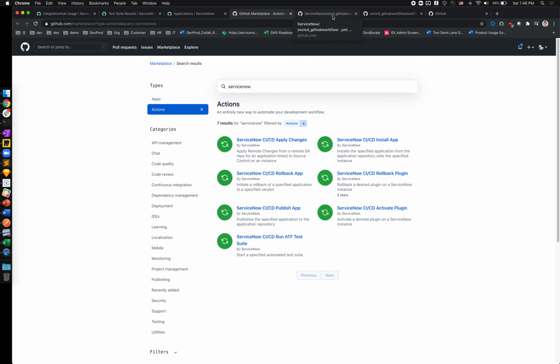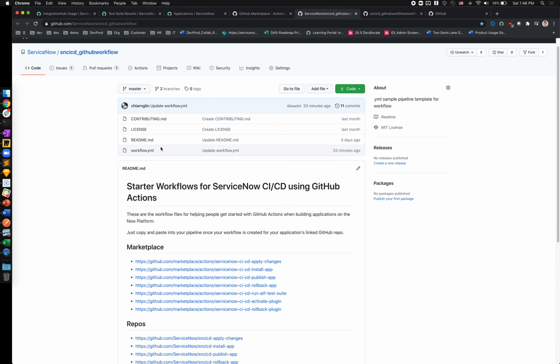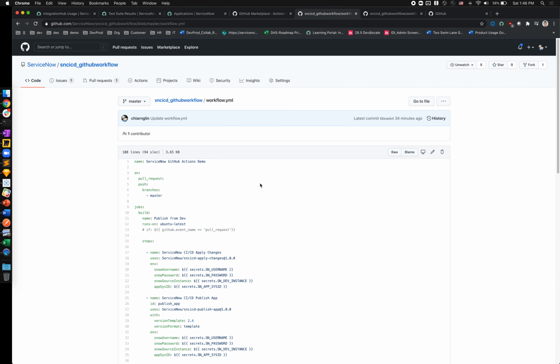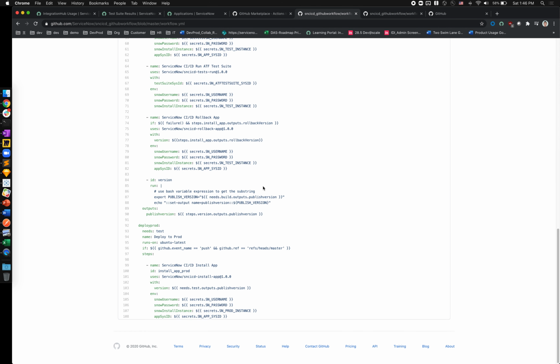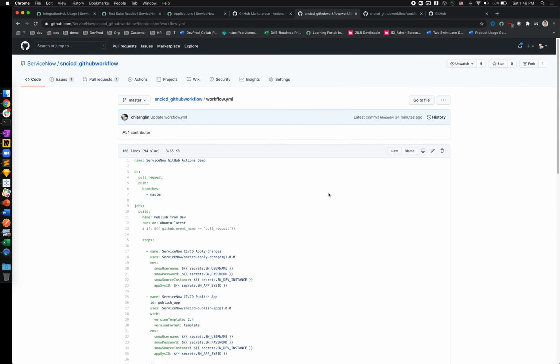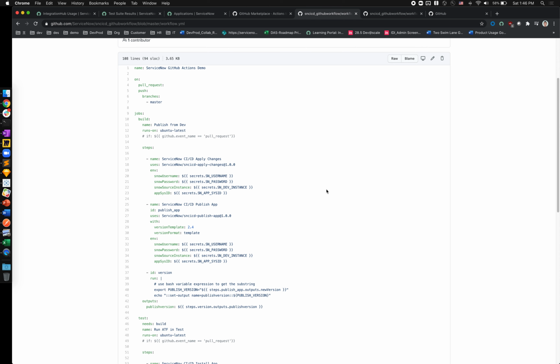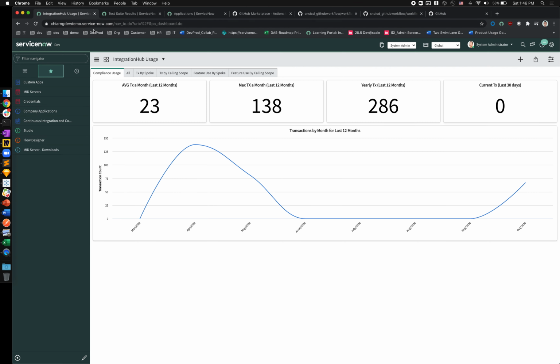On top of the actions, which will allow you to chain together steps within a pipeline, we've also delivered a workflow template for you to just copy and paste as a part of getting started faster. You can, of course, iterate and modify this to fit your particular organization's needs. So let's get started. If we head back to my dev instance and go to Studio,